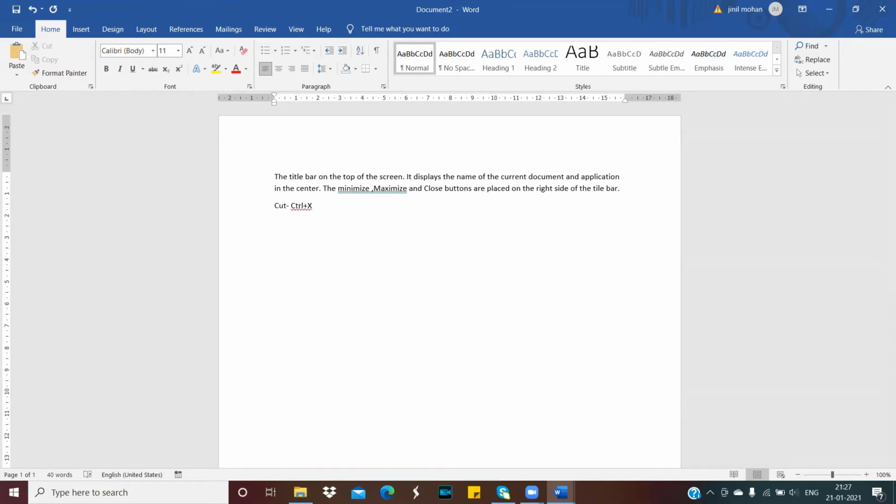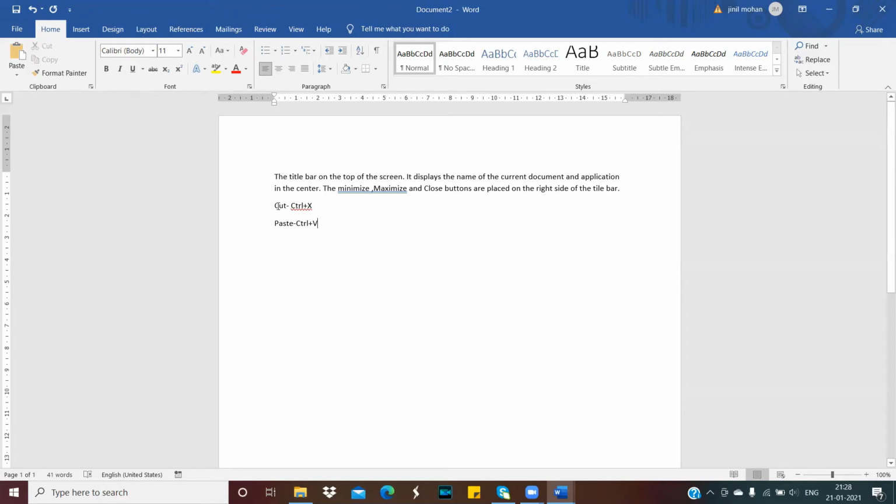Then for paste, instead of selecting the paste option from the Home tab, you can press the Control key on the keyboard along with V. Is it clear? The shortcut for cut is Control plus X. The shortcut for paste is Control plus V.